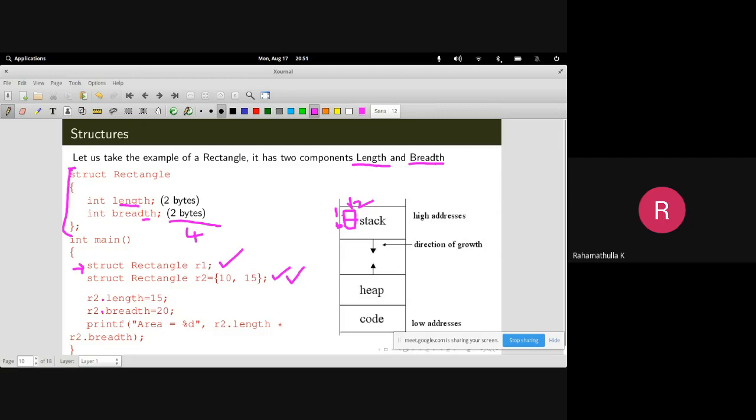See that all these types of variables are going to fit into your stack section only, not into the heap section. And in the code section, your main program is available. In the stack section, you have all the variables R1, R2, etc. And the code section has direct access to the stack section of your memory. So from the code section, you just say R2, and it can access it.